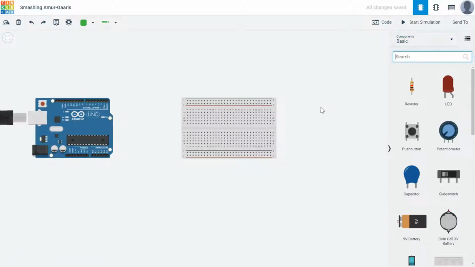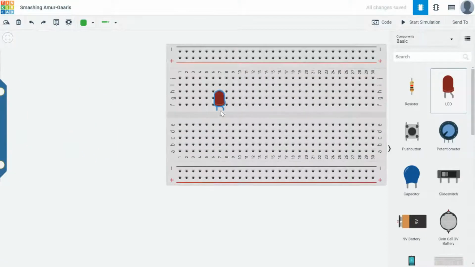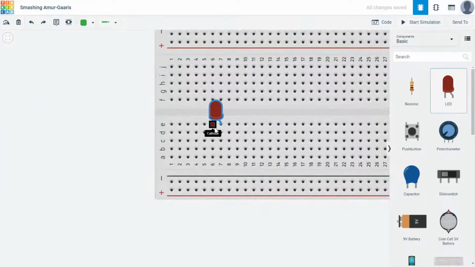So we were doing the traffic lights. So we want 3 LEDs. So they're actually at the top of the list. So all you do is you click, and then you can drag it over to your breadboard. We're going to zoom in so we can see what we're doing. So I'm going to put my LED